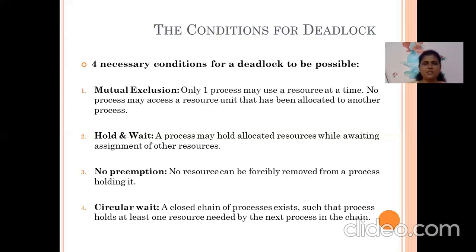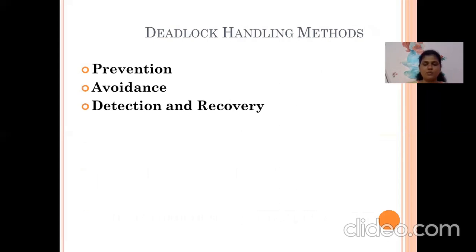So we have seen these conditions and what is meant by deadlock. Because of deadlock, the system suffers from the problem of low performance, which is the most important problem to be handled. If the performance of the system is low, then there is no use of the resources and so many things available in the system. So we need to handle this deadlock. How to handle the deadlock? There are three different methods: deadlock prevention, deadlock avoidance, and deadlock detection and recovery.